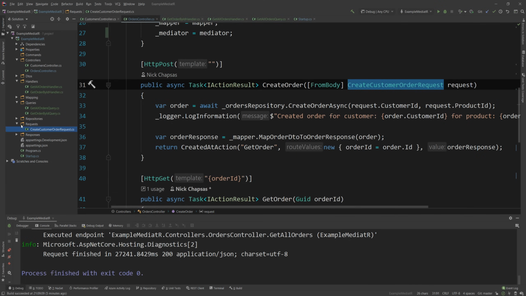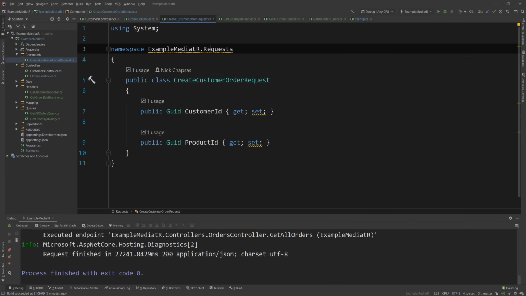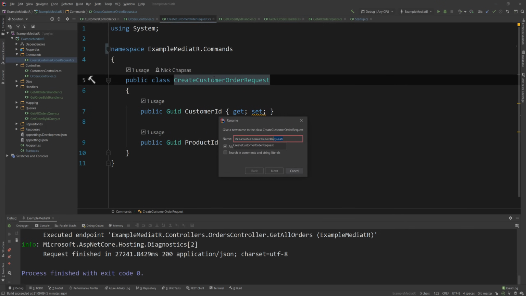So now we have the requests folder here, but I don't think I'm gonna leave it as it is. I'm gonna cut this and paste it into the commands folder, and I'm gonna delete the requests folder. And now in the commands folder, I'm gonna find this request, change the namespace, and rename this to create customer order